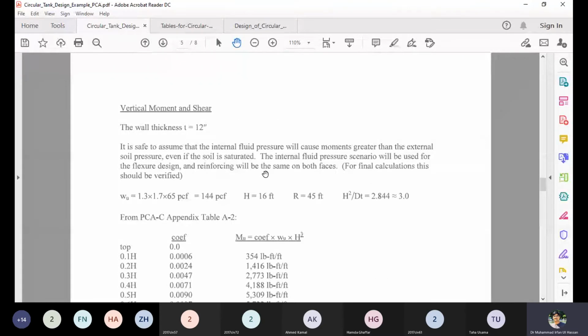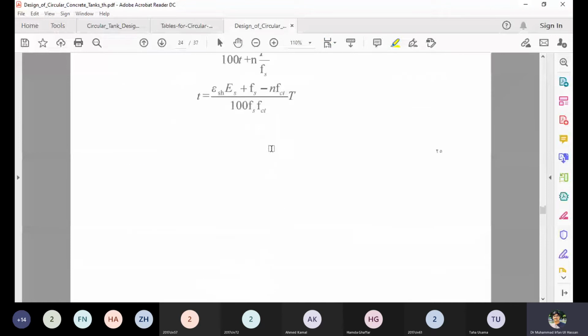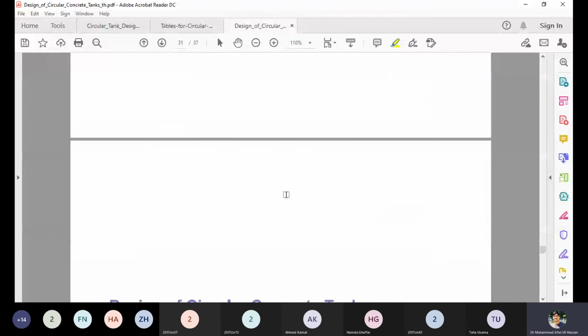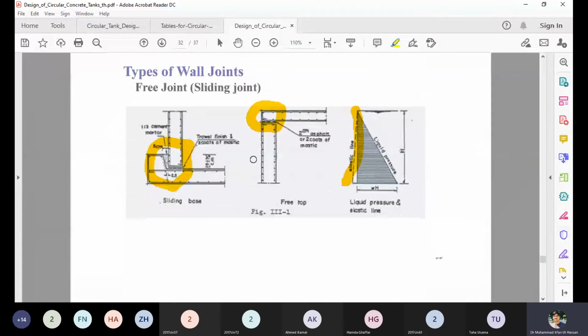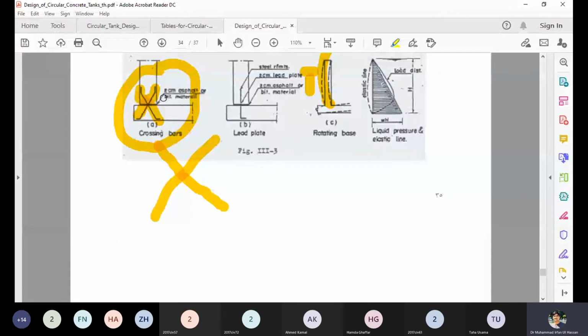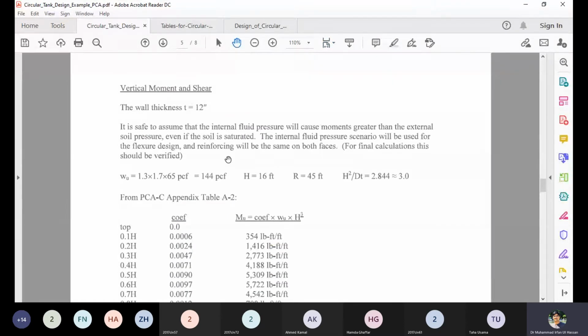Now I have told you in today's lecture that due to the vertical loading and the larger depth of the tank, vertical flexure stresses are developed, and these stresses are basically for different cases: for fixed sliding edge, for the fixed base, or for the hinge base. So now the given condition is the fixed base. You have to see the flexural coefficients, the shear and the moment, and this is the design in the vertical direction. How to design the tank in the vertical direction.